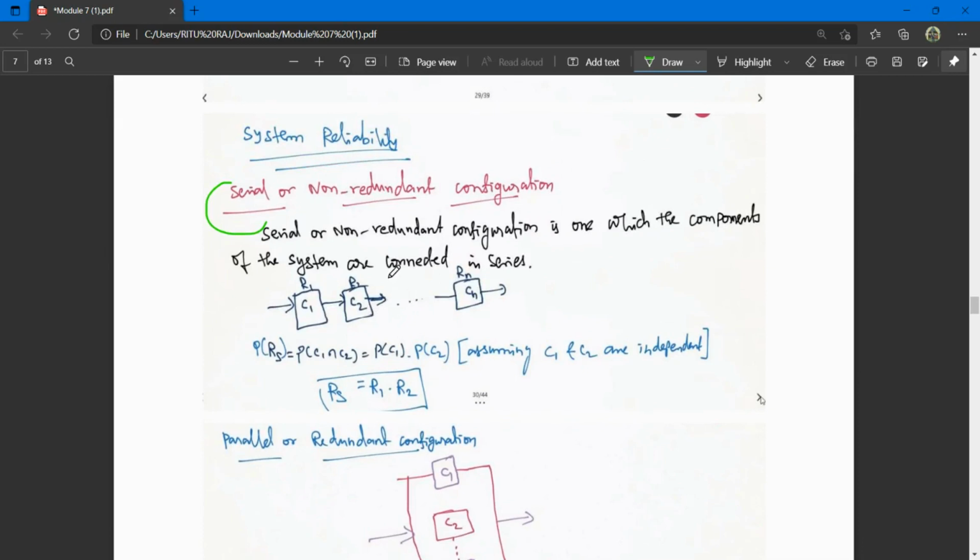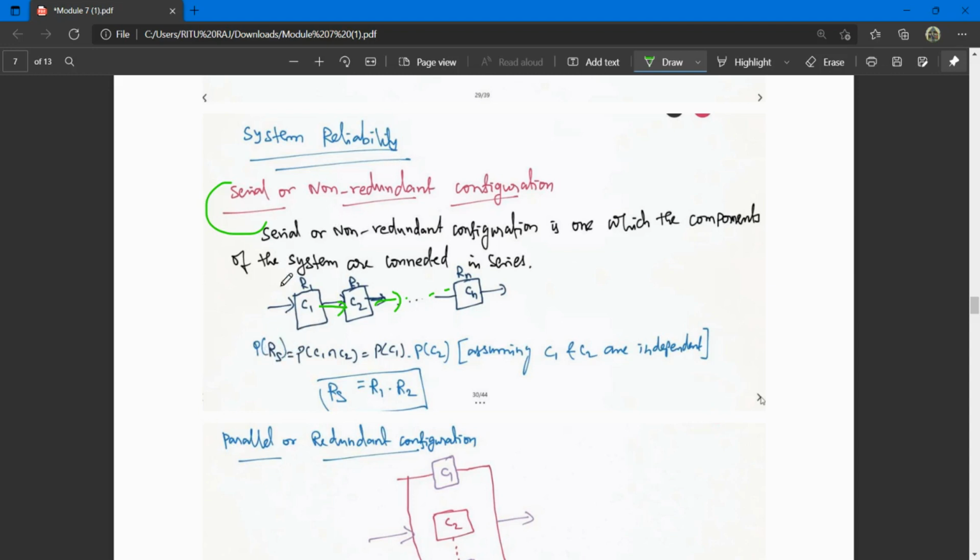Series configuration is also called non-redundant, just like connecting components of circuits in series. Configuration 1 is directly aligned with configuration 2, directly aligned with configuration 3, until configuration n. This is the reliability of C1, reliability of C2, and Rn is the reliability of Cn. So now, the probability RS, that is reliability of series